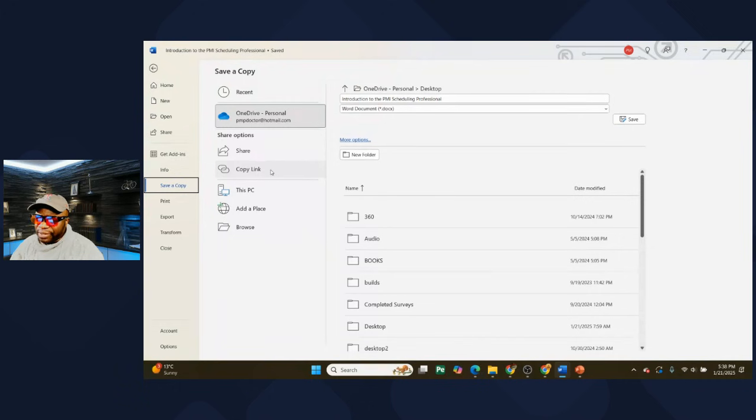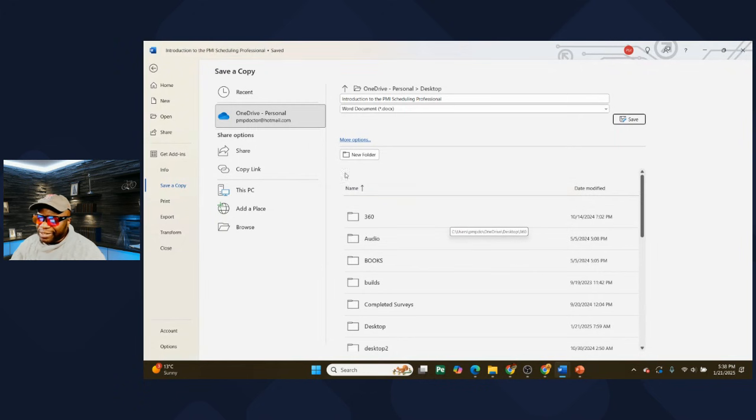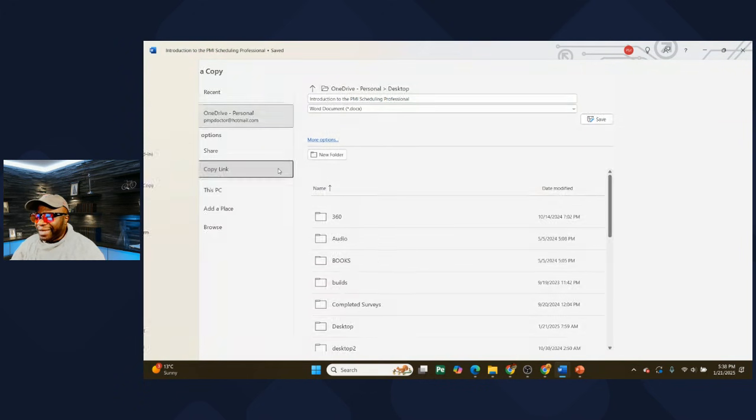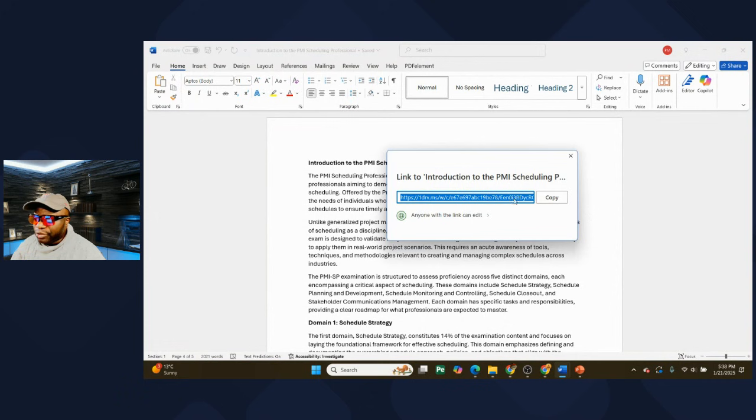See? So assuming I hadn't saved it to OneDrive prior, I could click on that and then I could click save. And it says you already have a file named this. So it says, do you want to replace it with this one? You could say okay, but in this case, since it already exists, I'm going to click copy link. When you click copy link, it comes up with a pop-up screen, and this shows you the link to the exact document. You want to copy this link,